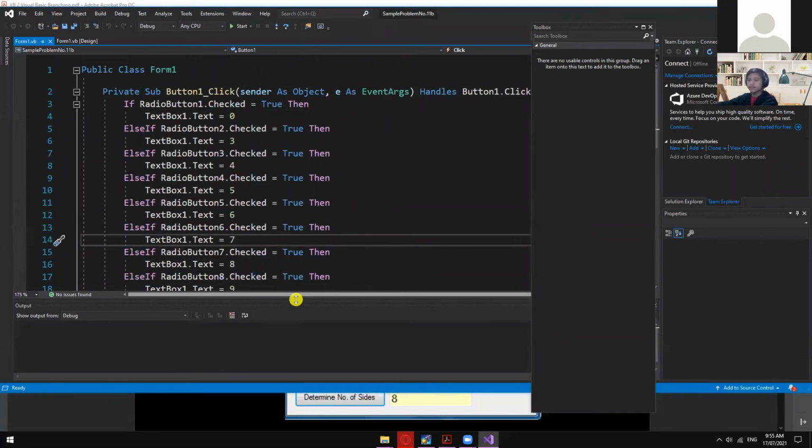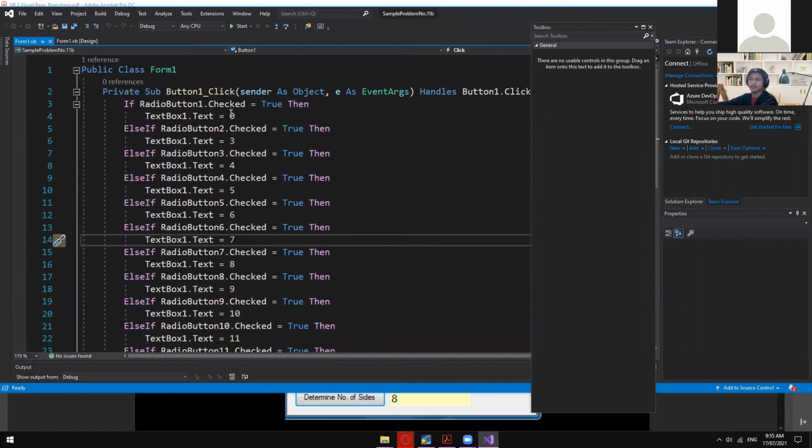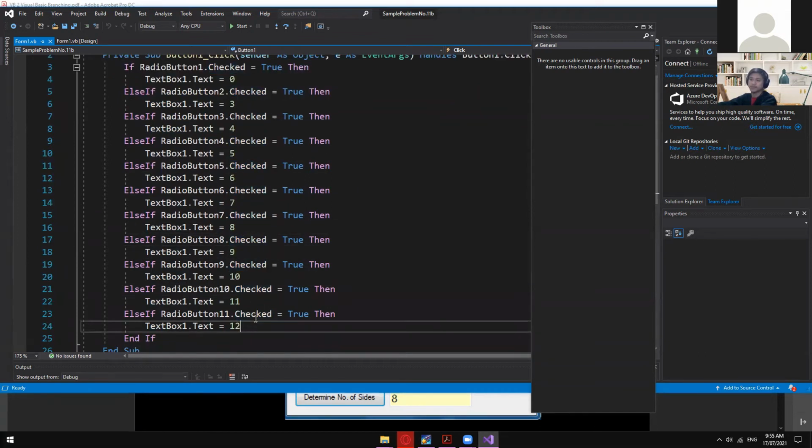Okay, so here's the code for that one. So in here, instead of typing, this one now is check. Okay, if it's being checked, if it's true, then this one will be displayed. If this one is checked, then this one will be displayed, and so on and so forth. Okay,